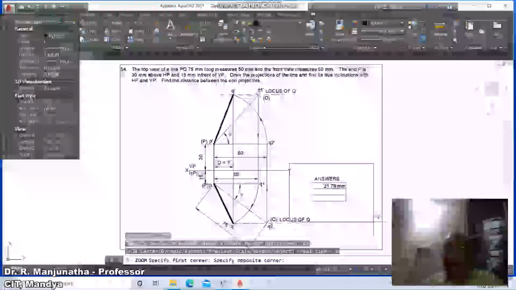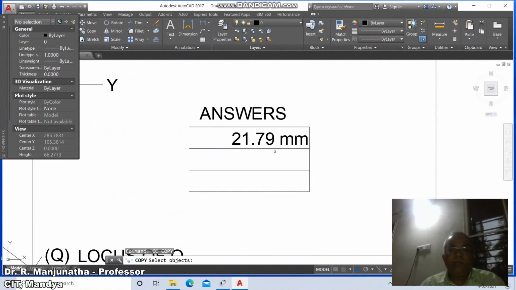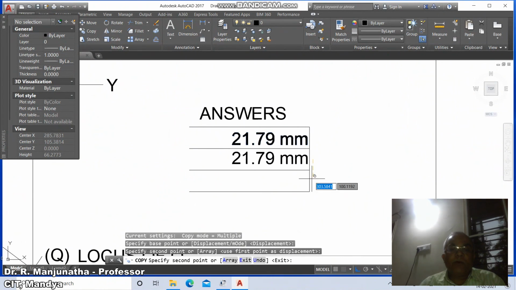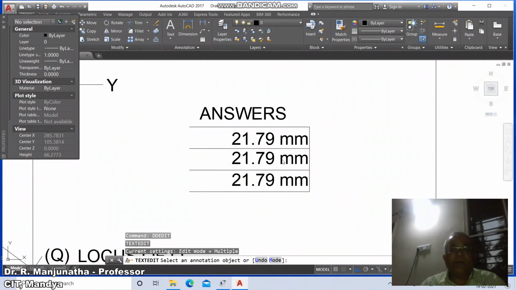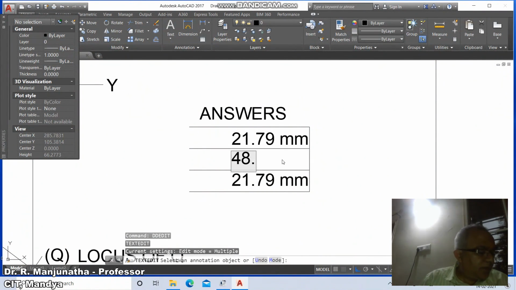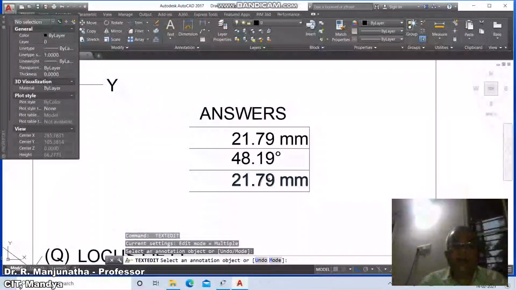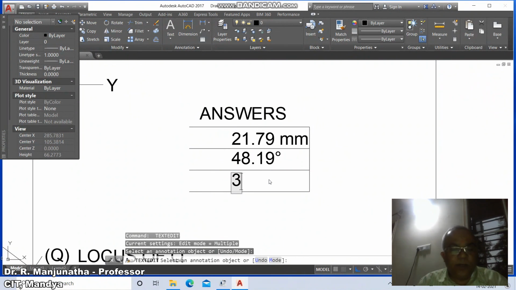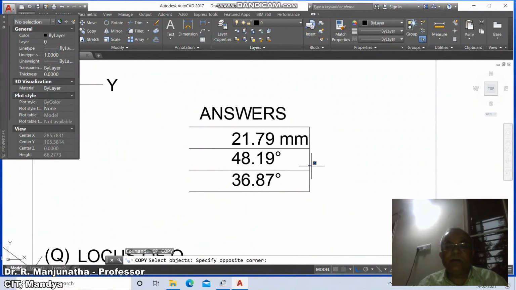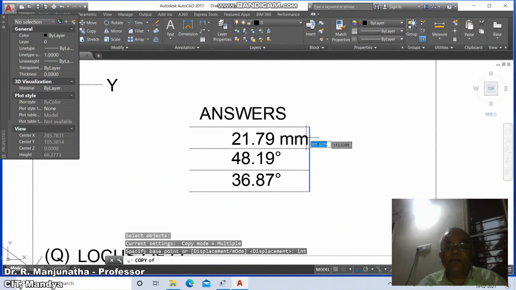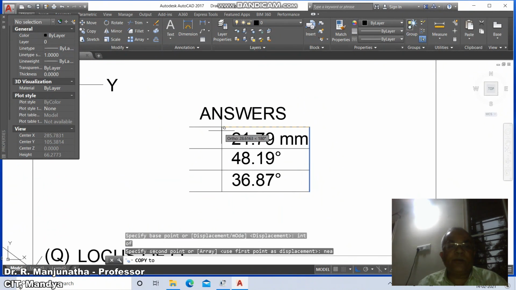Then go to zoom and go to copy. Copy this here. Go to DD edit and take this as 48.19 percentage D, and here take this and 36.87 percentage D, and then go to copy, select this, take intersection point of this, take nearest point on this, and take end point of this.